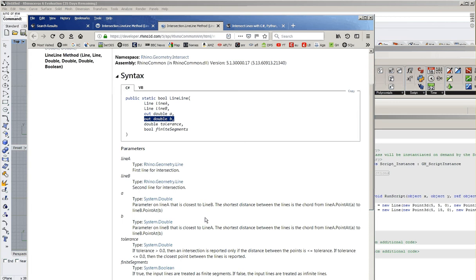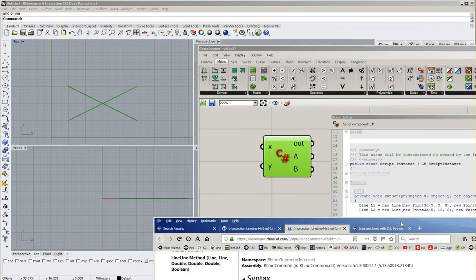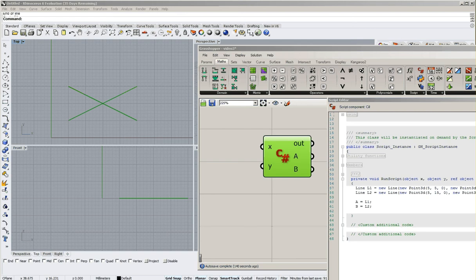They should end up to be obviously the same point but not the same parameter, which I'll explain in a moment. Now it says here tolerance. That is to do with whether the lines actually meet or not, or sometimes they might run together, but for the moment we'll just put an arbitrary number in there for a tolerance. Okay, so now let's therefore try out this line